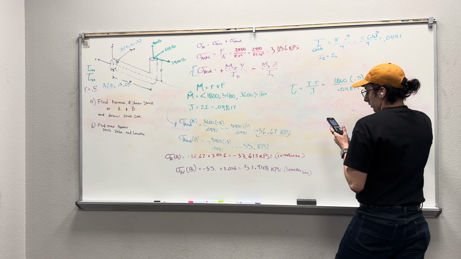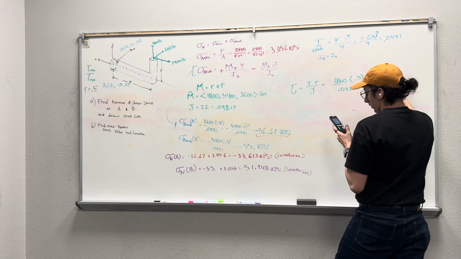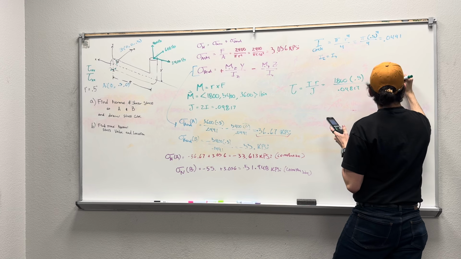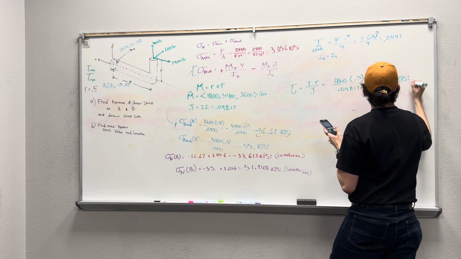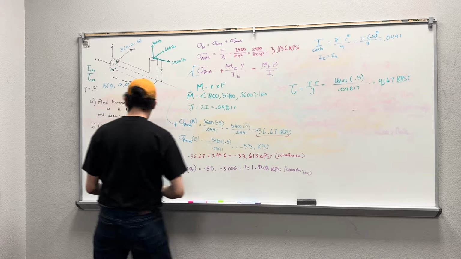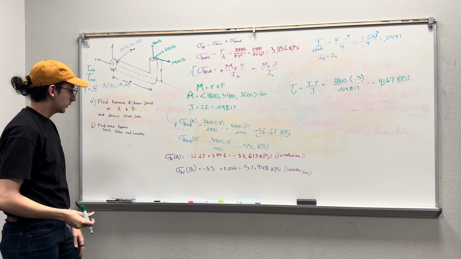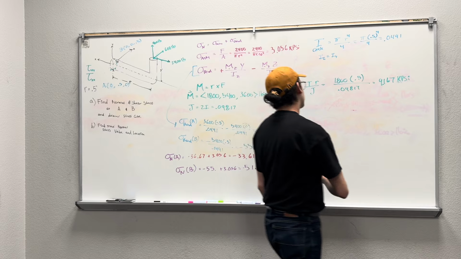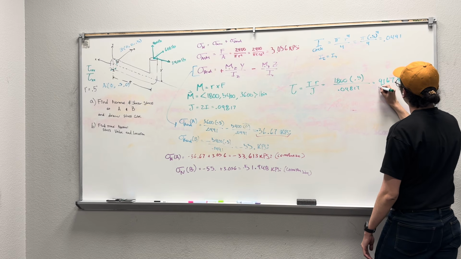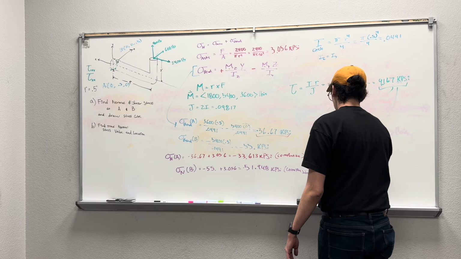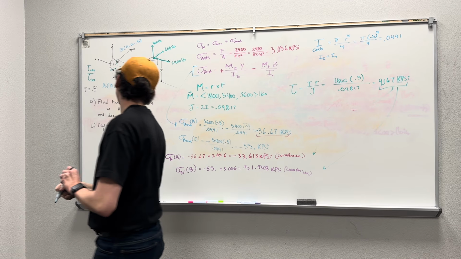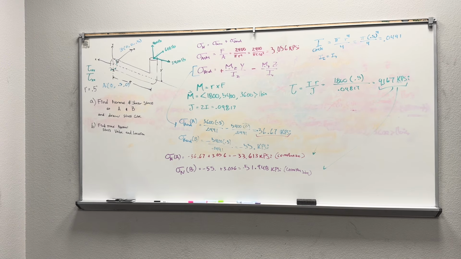Which is going to give us 99.167 kpsi. So again, we're going to have this one going here and here for torsion and compression. Nice. Now for the next part, we're